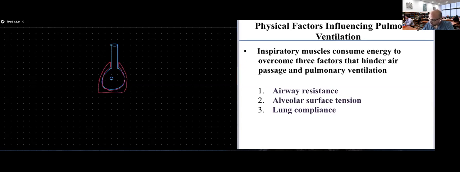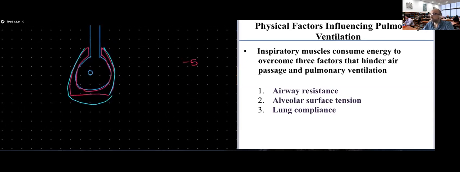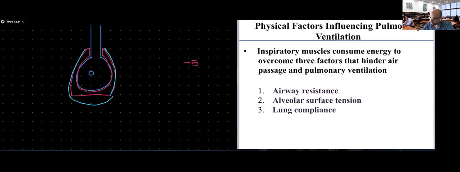Rather than being -4, it was -5 because my diaphragm is contracted. So intrapleural pressure is -5, so the transpulmonary pressure is still going to be 5 millimeter mercury. This is what keeps my lungs inflated. This is the transpulmonary pressure